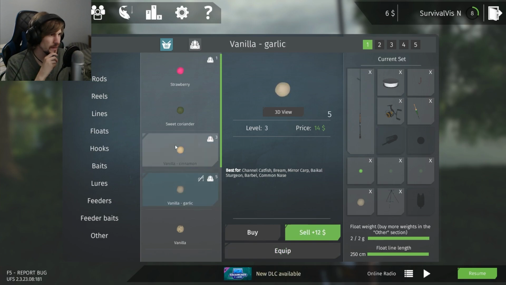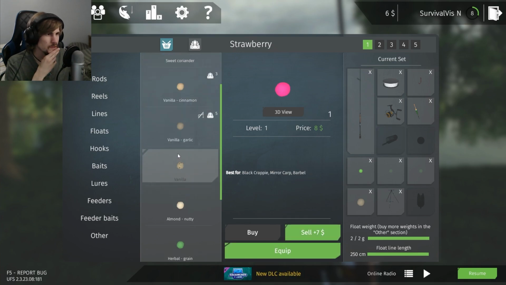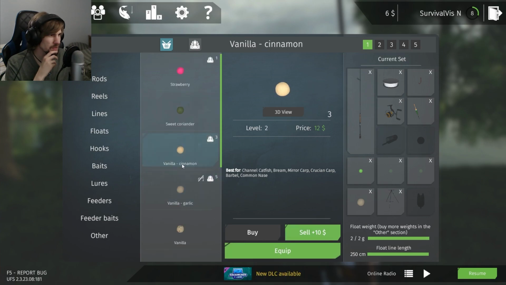And I do have to remember, we don't have... that's just mirror carp. Okay, this one has those two. That would probably be the best one to take. Well, it only has two carp species again. Okay, I guess it's between the garlic or the cinnamon. We'll try the garlic and see. But yeah, I've got to go and get...